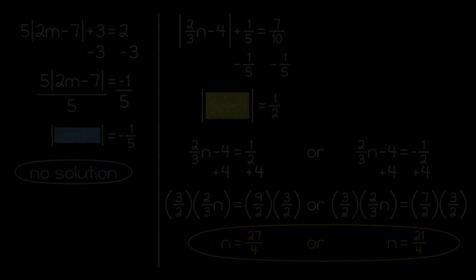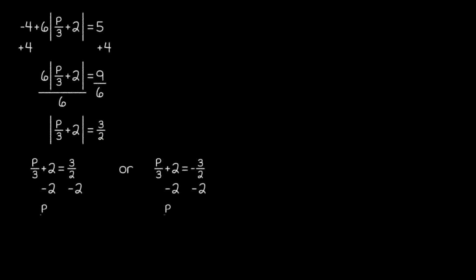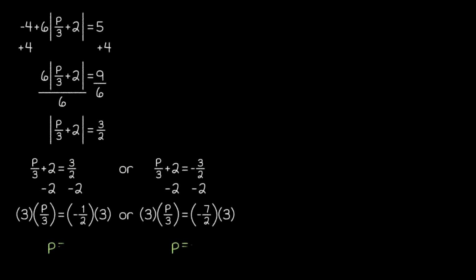On our final screen of this section, let's try a couple more examples without any boxing this time. In this first equation, we start with a term of -4, which we can eliminate by adding 4 to both sides of the equation. Then, we can divide by 6 to get the absolute value portion of the equation on its own. At this point, we separate things into two equations, one equal to a positive value and one equal to a negative value, and solve from there.